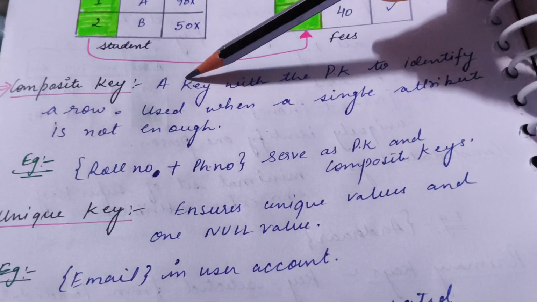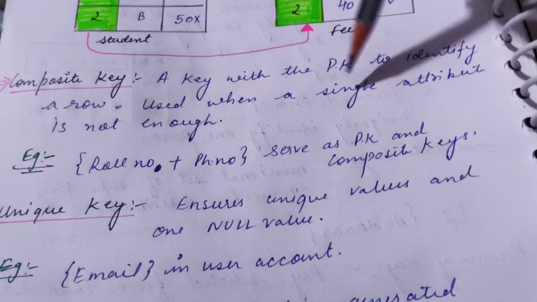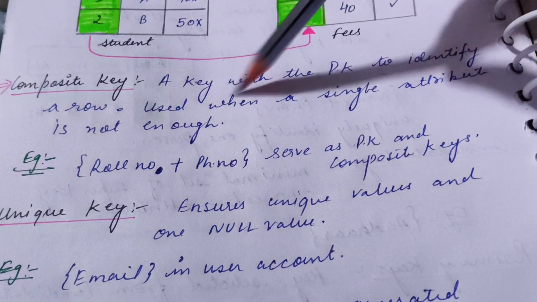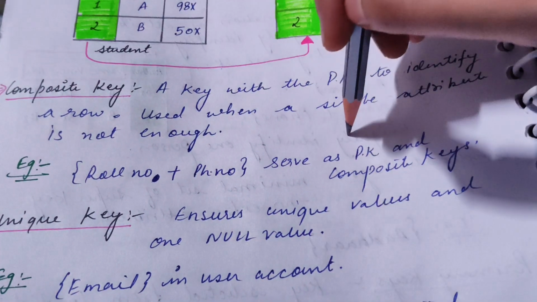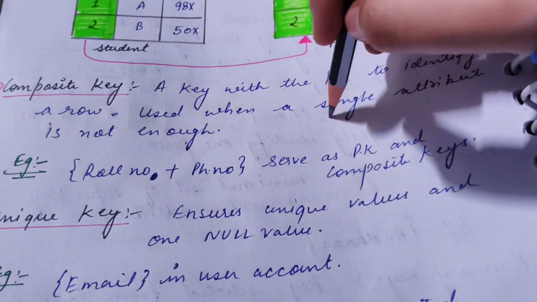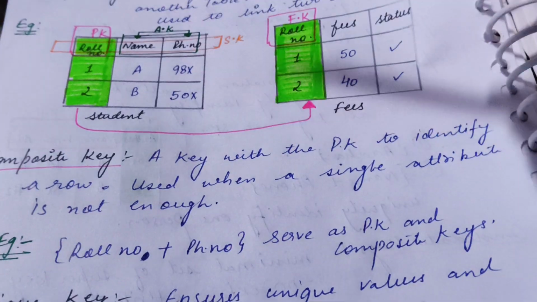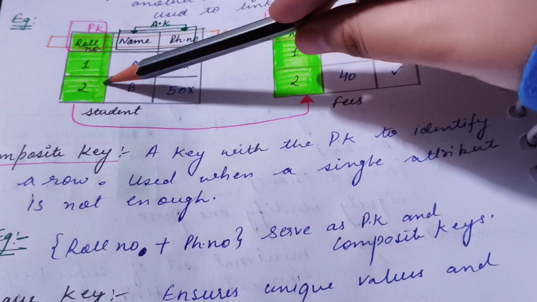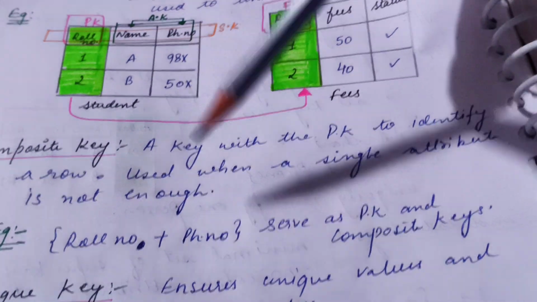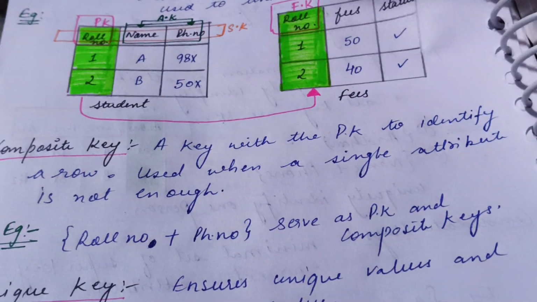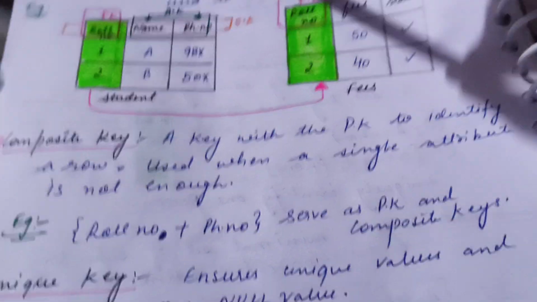So what is a composite key? The composite key is used along with the primary key to identify the row. For example, this column has a primary key, roll number, but roll number is not sufficient. Okay, so we will take another key also and make them together a primary key, which is known as a composite key. Okay,